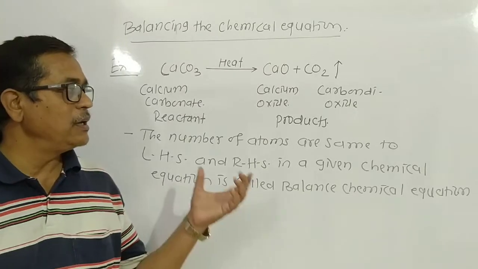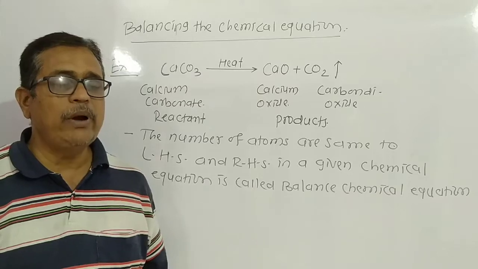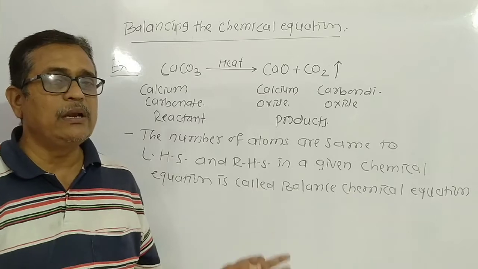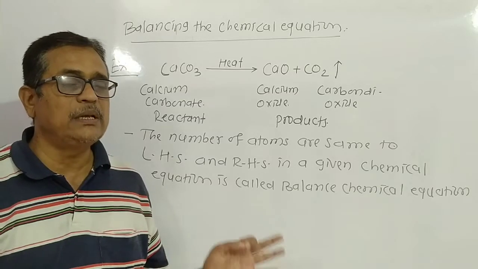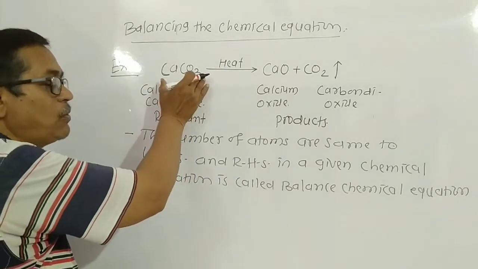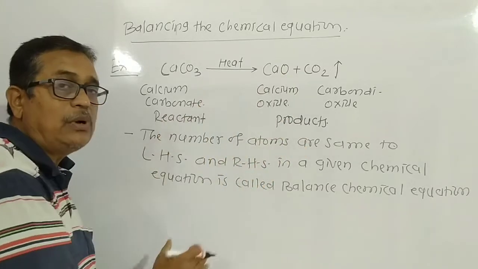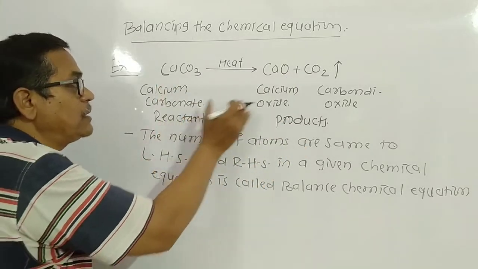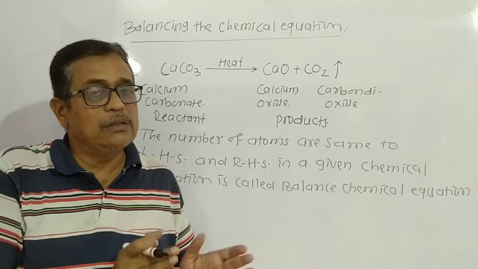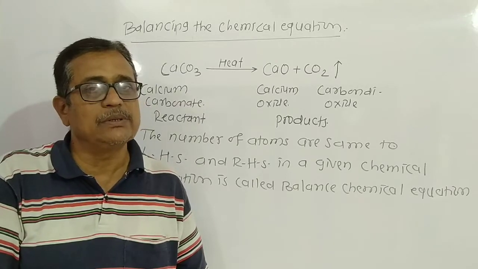And you can learn this practically. Avoid rote learning of the chapter or the topic. Understand it practically, please. You know what a balanced chemical equation is? It means counting the number of atoms on the LHS and the number of atoms on the RHS, the atoms in the reactants and the atoms in the products, and if they are equal, then that is said to be the balanced chemical equation.